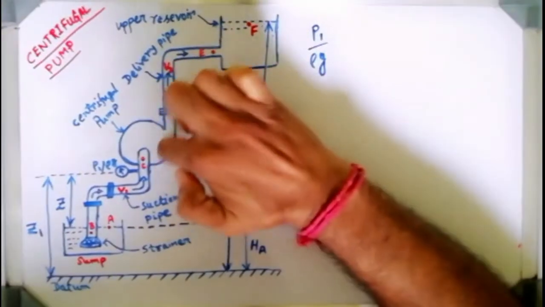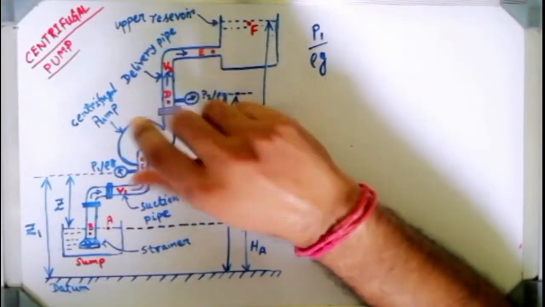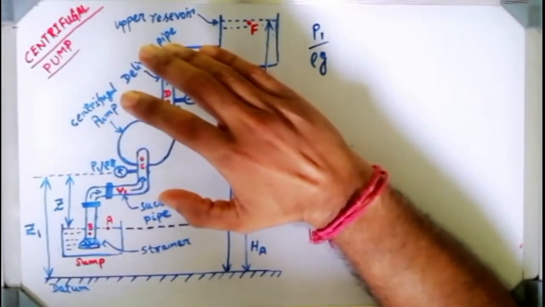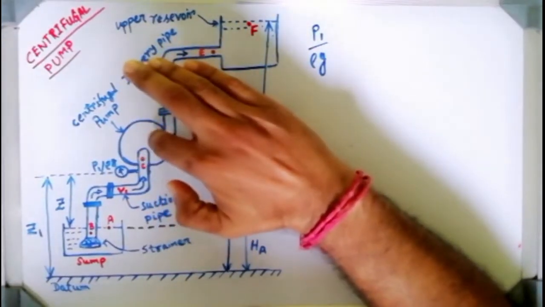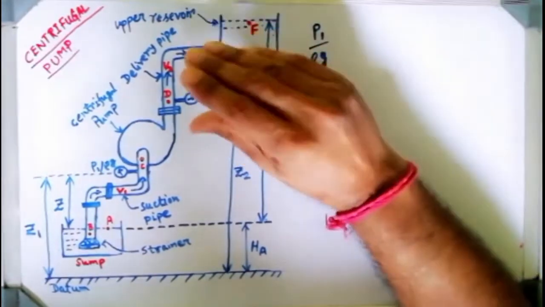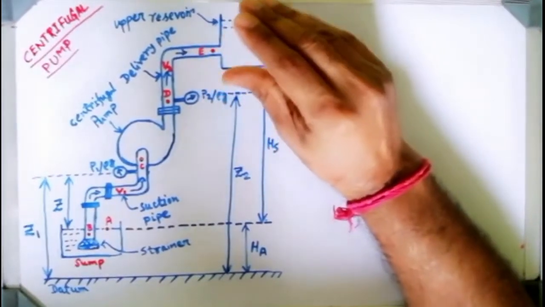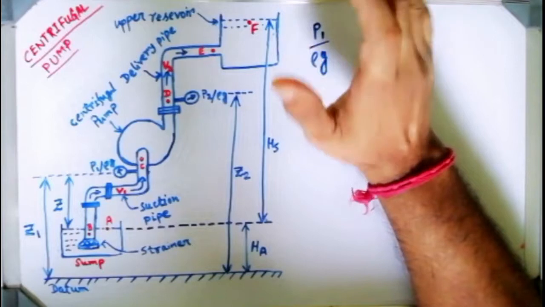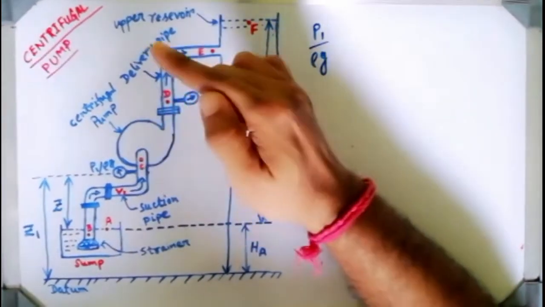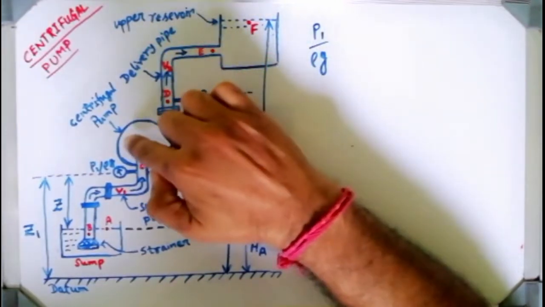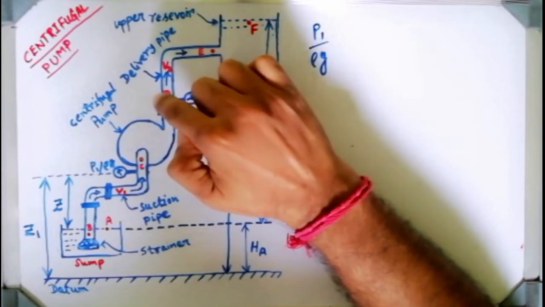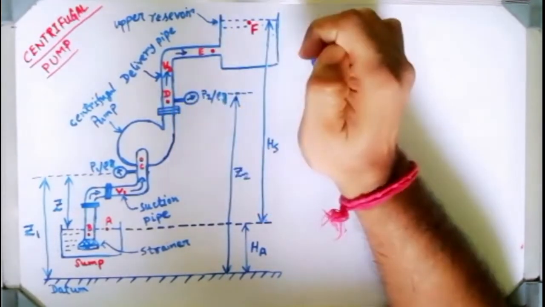Then it is this pump. That pump actually has some impeller inside it. Some guide vane also can be there. So that pump will raise the pressure, and obviously if we want to raise the pressure, we know the velocity must be dropped just to maintain Bernoulli's theorem, so total energy will remain conserved. Velocity will drop at the expense of the pressure increase. So high pressure fluid will be going out. The D point represents the delivery of the pump.